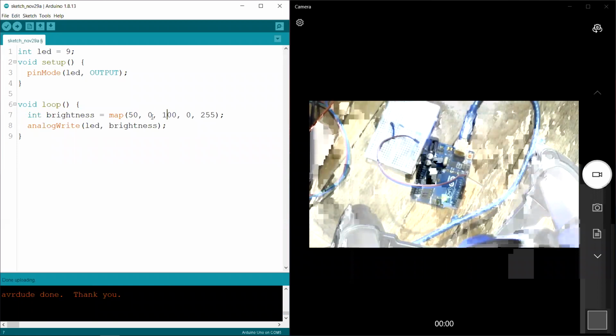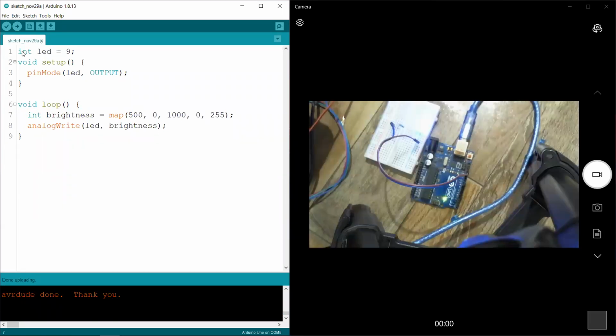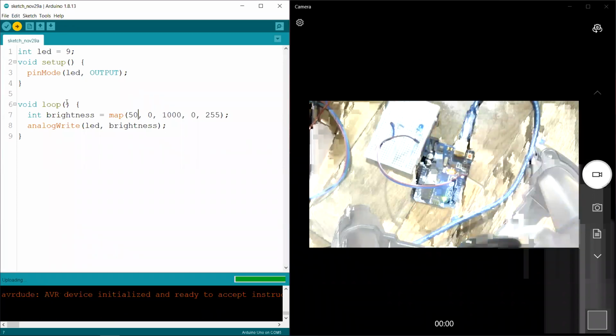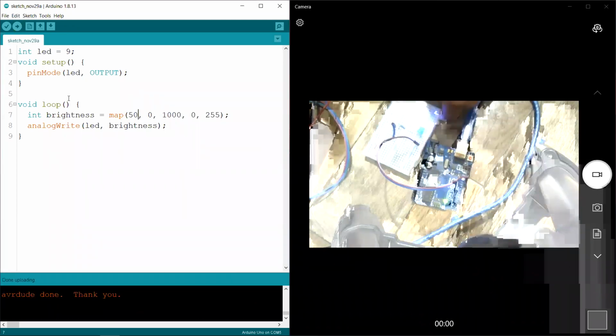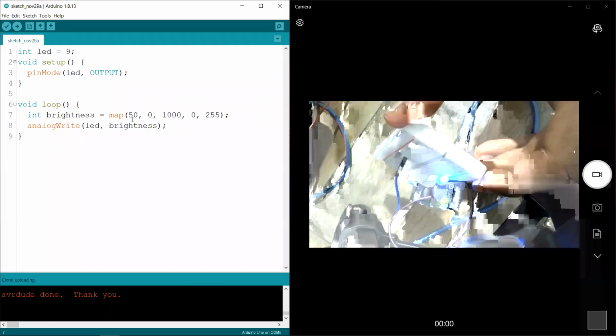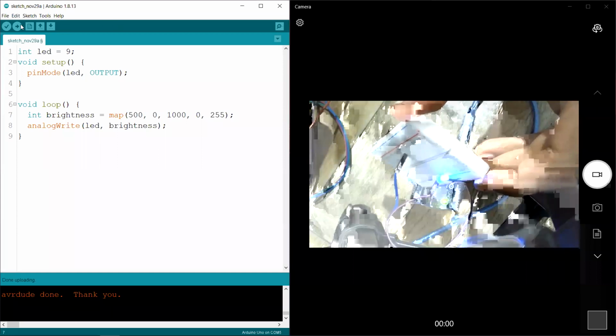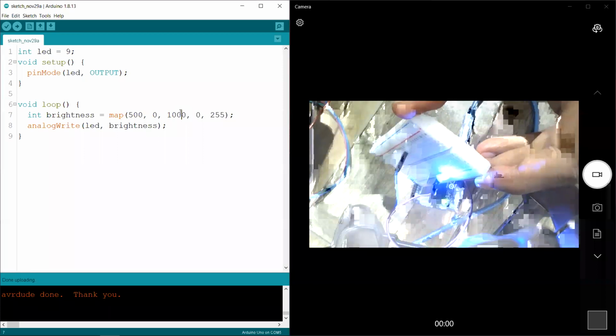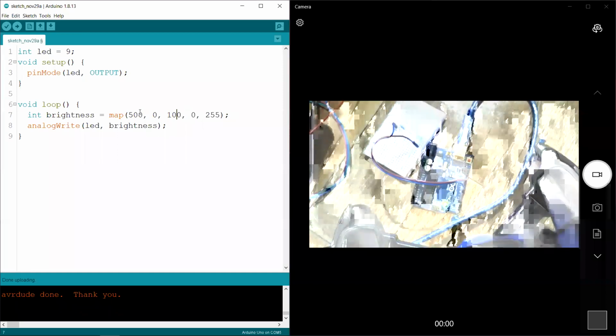So that is the case for 0 to 100. You can do even 0 to 1000, and now to get a 50% brightness, you have to type in 500. If you say 50, it's not going to do much. It is really low in brightness. So if I say 500, now that is going to be like 50% bright. I think you get the idea. You have to do practicals for this thing definitely. The map function is a bit hard to understand.